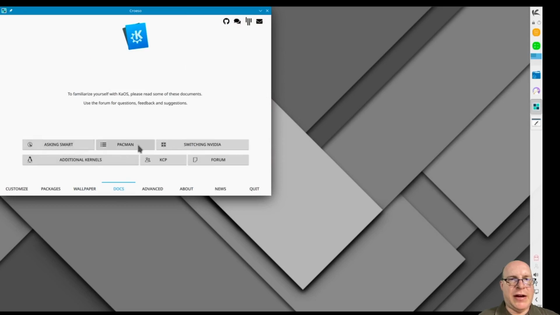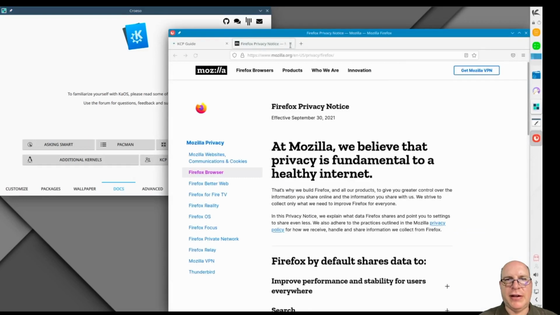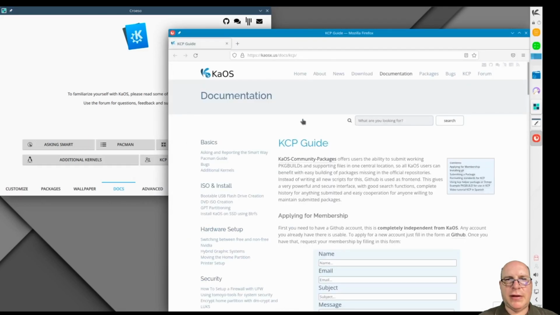Okay, here they talk about how to ask smartly for help. That's good. All about Pacman, switching NVIDIA GPUs, additional kernels if you need them. The KaOS community packaging, and also the forum. Let's take a look at the KCP here. Let's see what we got here. KaOS community packaging. Yeah, packages. Okay. Gives you a guide on